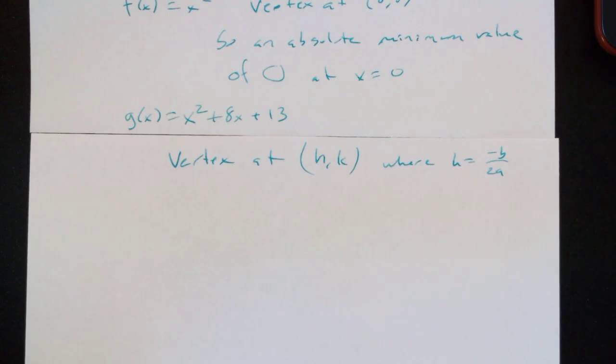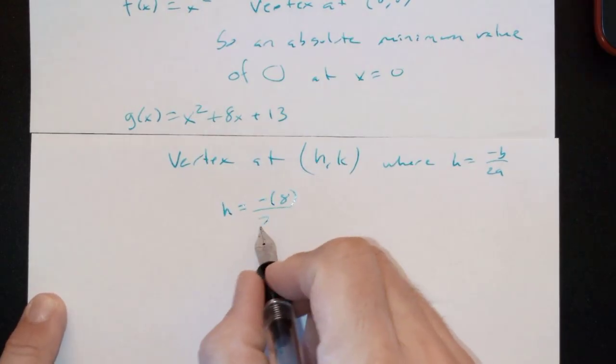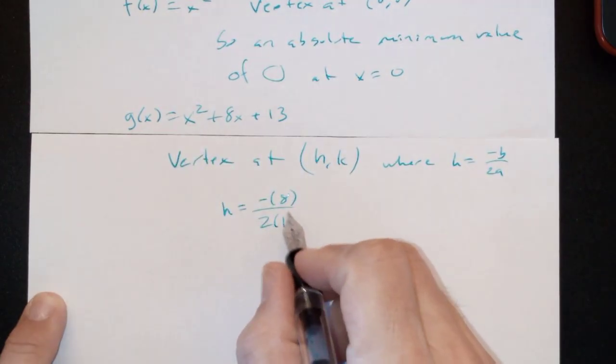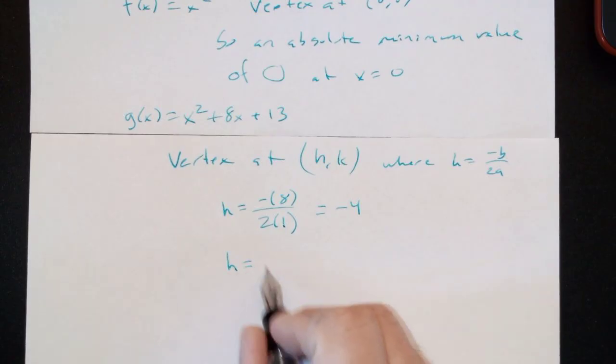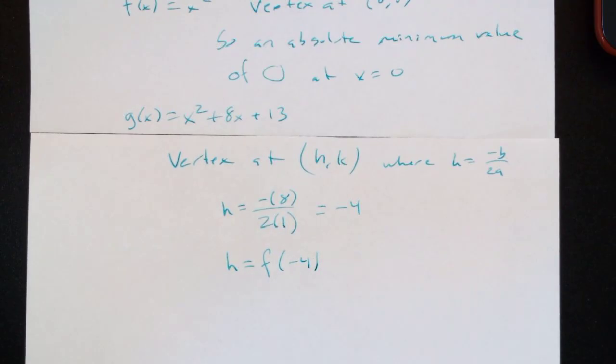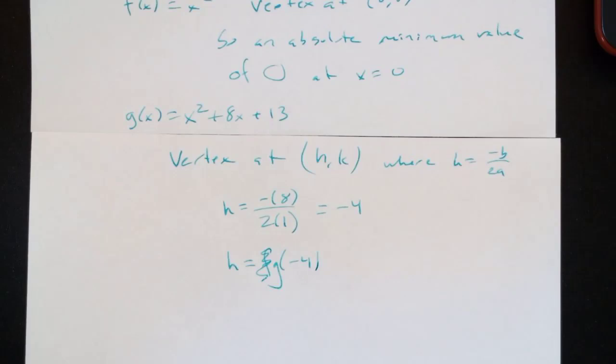Well, in this case, negative 8 over 2 times the coefficient in front of the x squared is a 1. That's negative 4. Take that, plug it back in. Oh, I'm not using f for this problem. I'm using g. g of x. So I plug in g of negative 4 and I get